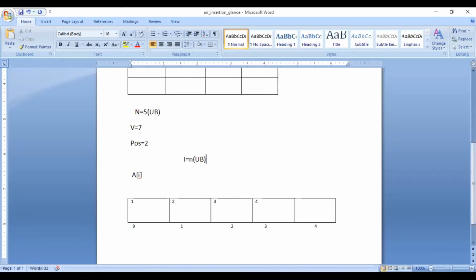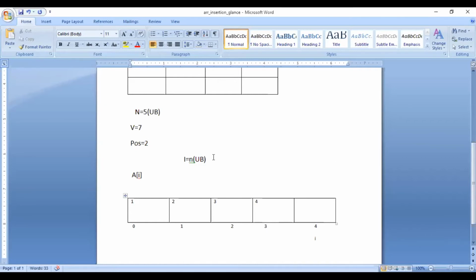So first of all, we will move I to the last position, where the last element is to be inserted, or we can say the last array location. So I will be moved here, to the last position, or the upper bound.